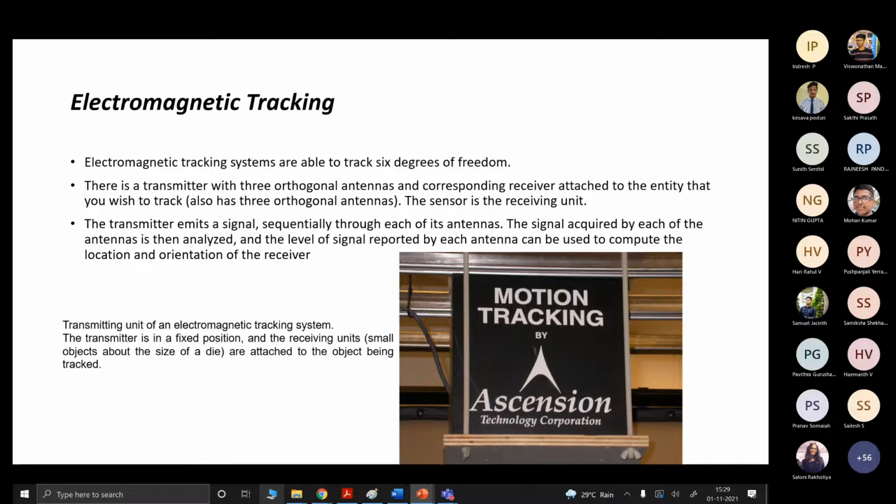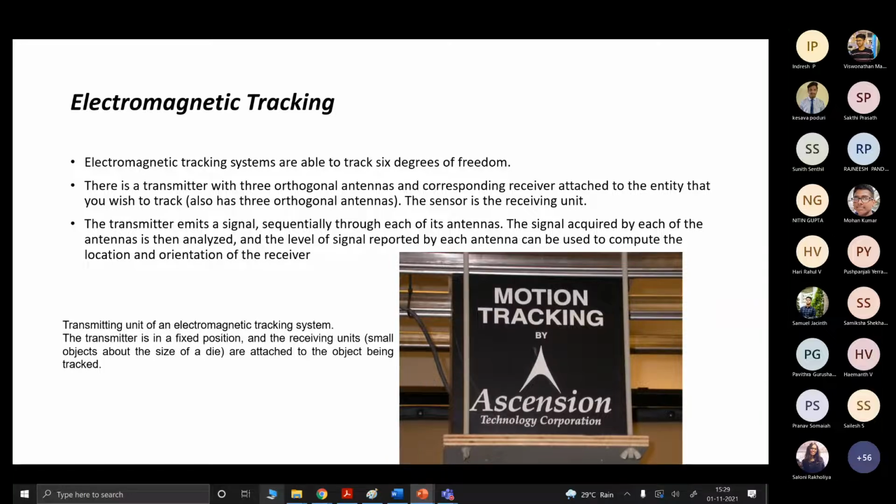The third tracking system is the electromagnetic tracking system. The electromagnetic tracking system is used to track 6 degrees of freedom. It consists of a transmitter and a receiver. The transmitter has 3 orthogonal antennas, and the corresponding receivers are attached to the entity we want to track.